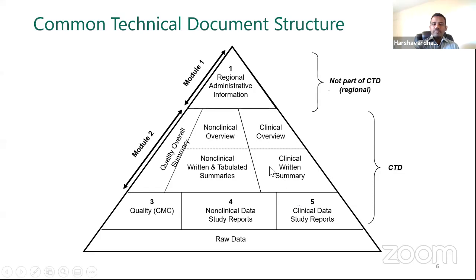Moving on to module 2: quality overall summaries, non-clinical overview, clinical overview, and other summaries, and clinical written summaries, etc. CMC mainly captures chemistry, manufacturing, and controls, and then non-clinical study reports come under module 4, and the fifth one is clinical study reports. You could ask me a question here: what is the difference between the clinical study reports and